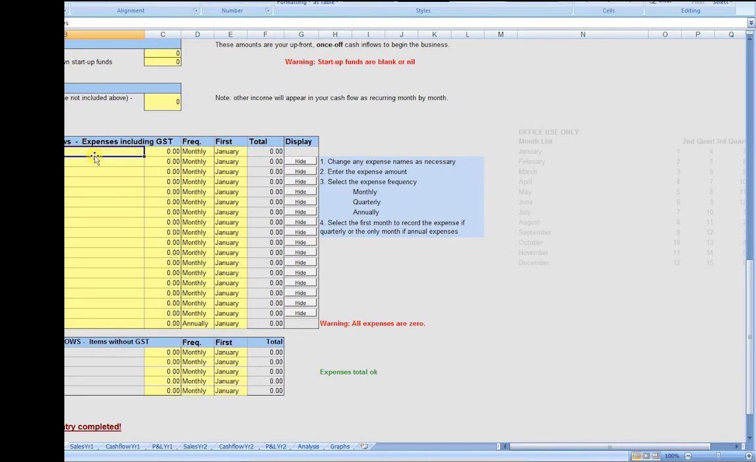This monthly cash outflows section is all about your expenses for your business. So these cells here are all yellow. That means they can be edited. So if these headings are not applicable to you, change them to what will be applicable for your business. And we're talking about your weekly, monthly, annual